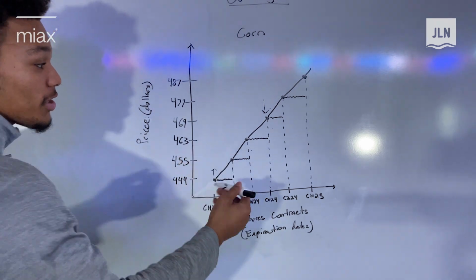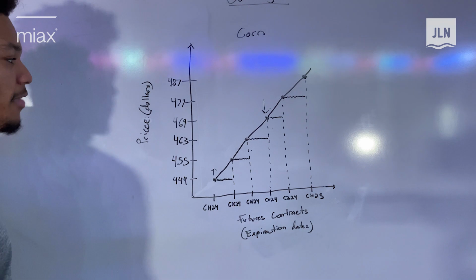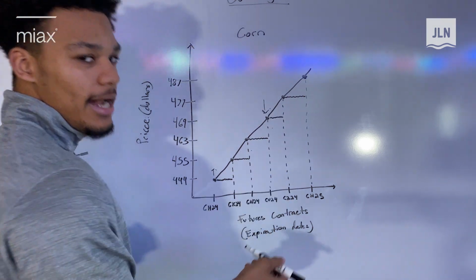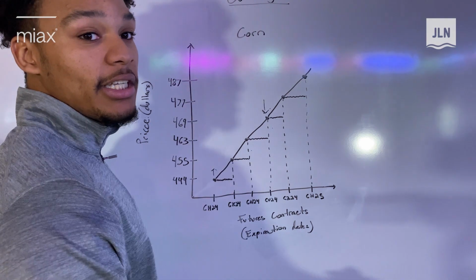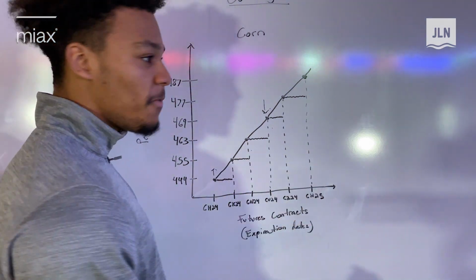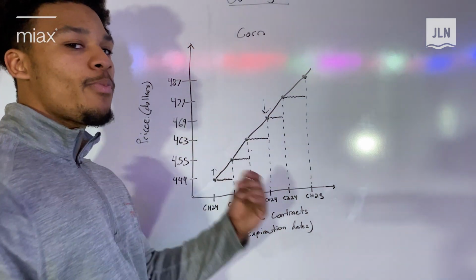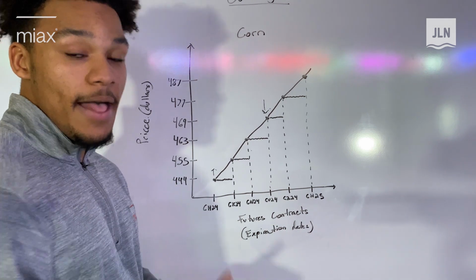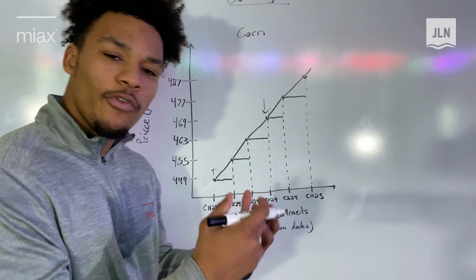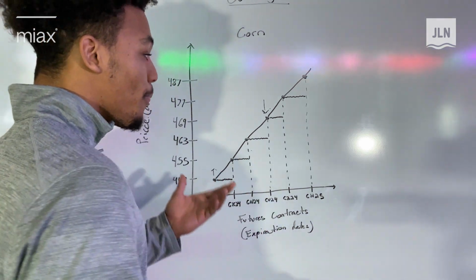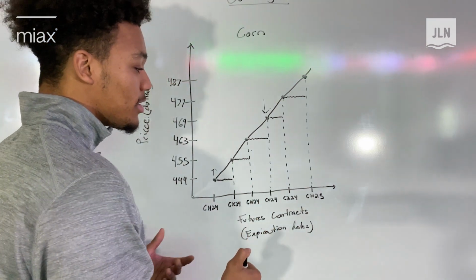And so if I thought the cost of carry was going to go down, by selling this back month, I'm saying that this is selling at a premium, that it's overpriced right now, and that as the months and weeks continue to go on, the market is going to correct itself and start knocking off the price of this cost of carry because it's overpriced right now and selling at a premium. And that's what spread traders are trying to do. They're trying to understand what the cost of carry is, what the full carry is, and whether they think it's overpriced or underpriced, and what the spread dynamic is, to make informed decisions about the market.